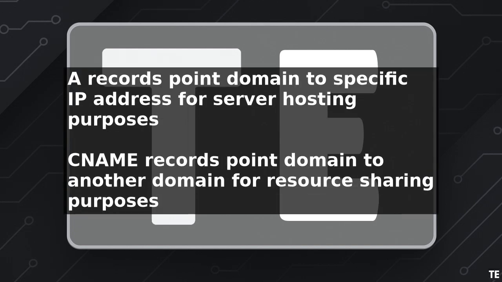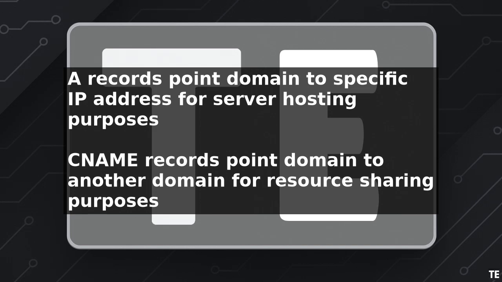To add a new A record, click on the Add button next to the A records section and enter the required information, including the name of the record, the IP address, and the TTL. The name of the record should be the subdomain you want to point to the IP address. The IP address should be the address of your server, and the TTL should be set to a reasonable value,